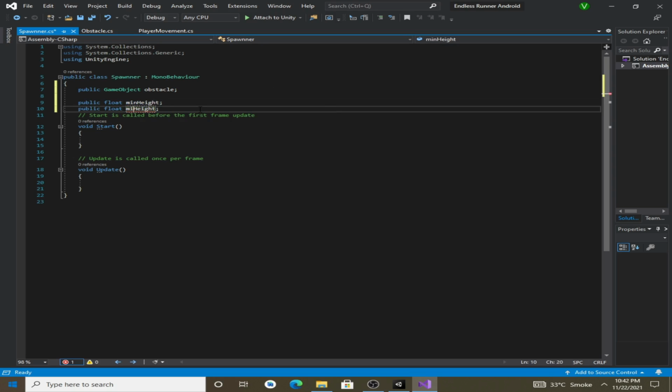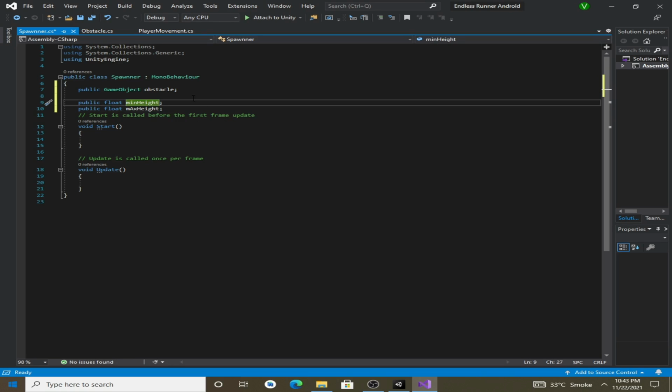For the max height, let's first add our min height.